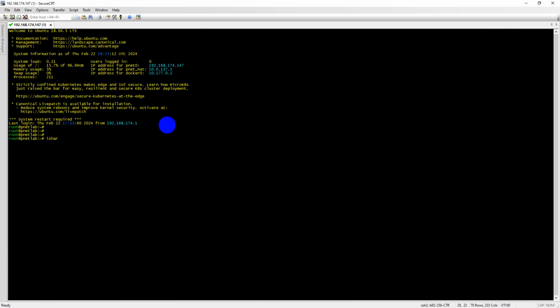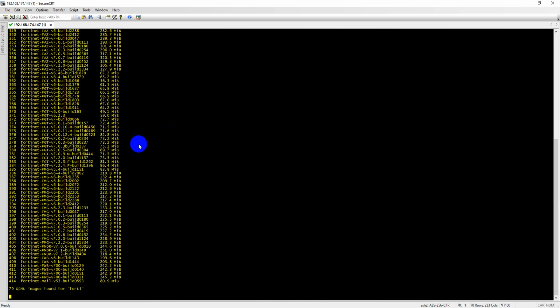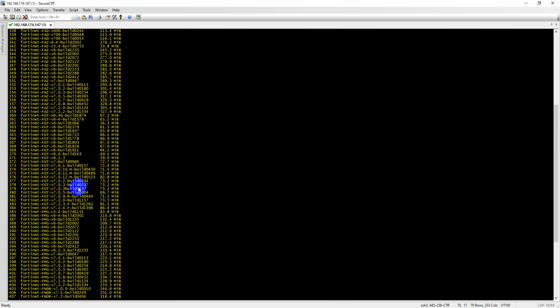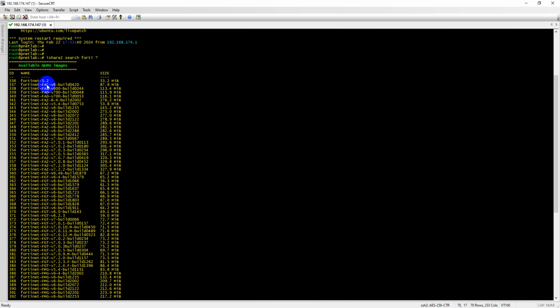Also, you need to search for the 40, okay. So here you have different images. As you can see here, you have the FortiManager and so on. And in our case, we have the Fortinet FortiGate version 5.2. So I will download this version. Okay, the ID is